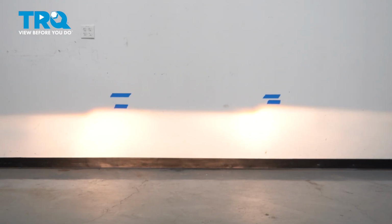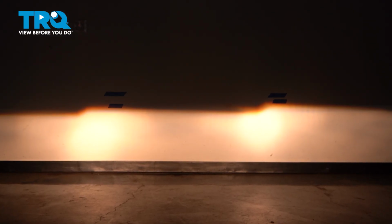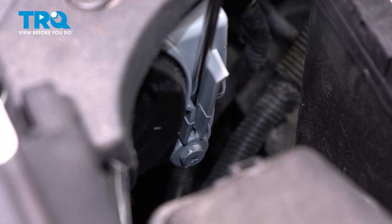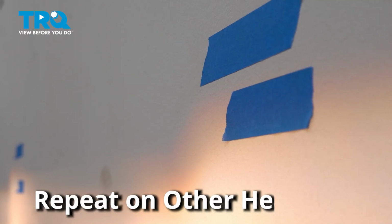Now turning the headlights on, it is easier to do this at night or in a dark area. Locating your headlight adjuster and using a Phillips head screwdriver, turn your adjuster one way or another to bring the headlight up or down. Once the headlight is adjusted to the tape mark on the wall, move on to the